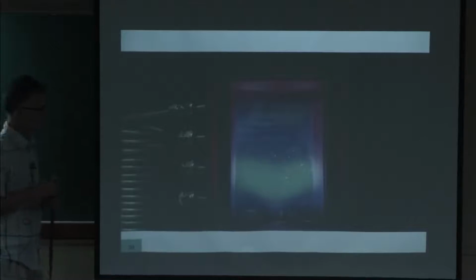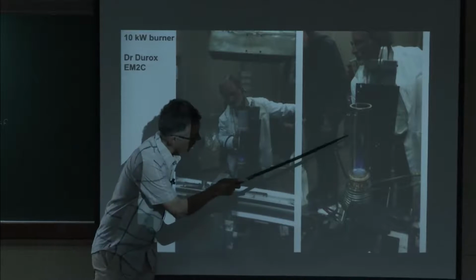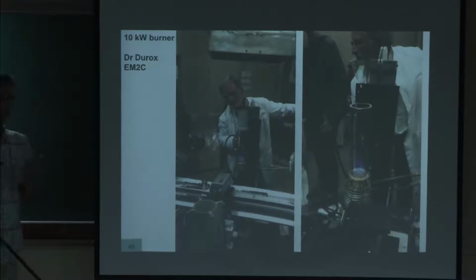But of course, if it happens in a real chamber, then it's a different problem. Because in a real chamber, these instabilities are going to be much more violent. And then this is where problems begin. I've shown you these pictures before. That's also a very simple flame, stabilized here in a duct. And it can do all kinds of unstable modes. That's actually one of the problems, is that it does so many modes.